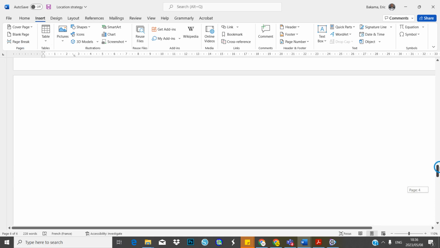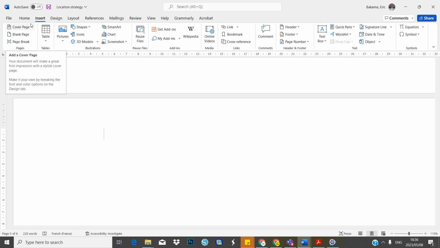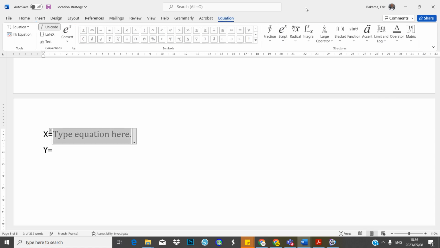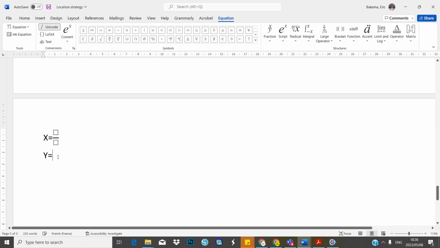Okay, so this one and here. Based on the formula in the textbook, to find x we actually need to find x and we need to find y. Y and x will be the coordinates of the new distribution center. So I'm going to insert an equation here, and I'm mostly going to put the values instead of the numbers.